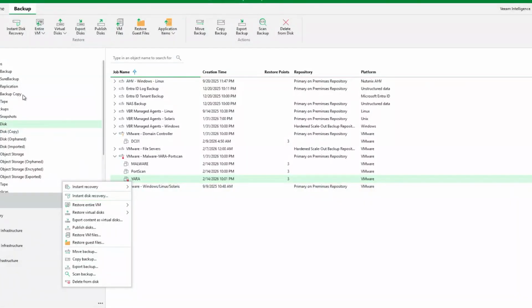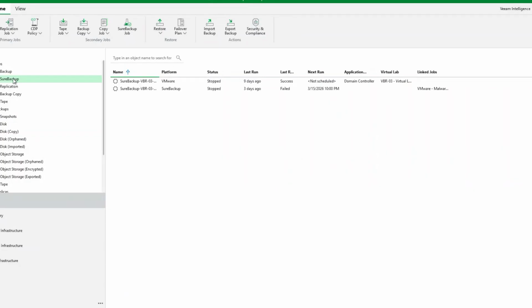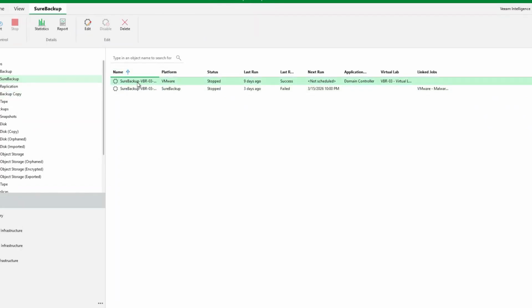Or you can use Sure Backup. So what is Sure Backup? Sure Backup is when we need an isolated environment where we've got a host, where we can spin up this machine that's infected, but we want it to be isolated from production. We don't want the same IP addresses, the same network mask, anything like that. It's just got to be a ring fence, isolated from production, but I need to get the contents of that machine. So what you can do is run a Sure Backup job that will help you identify